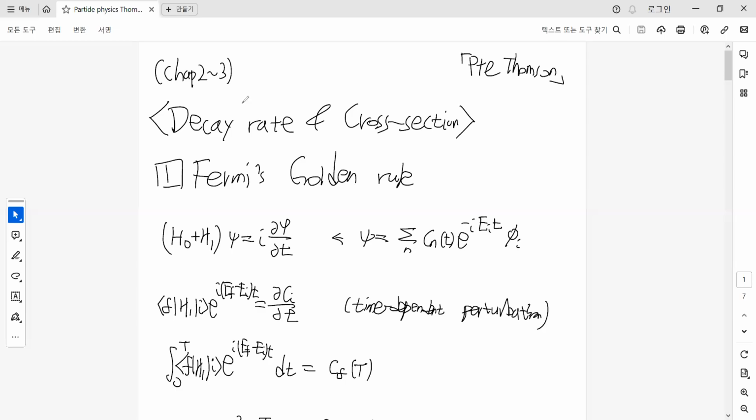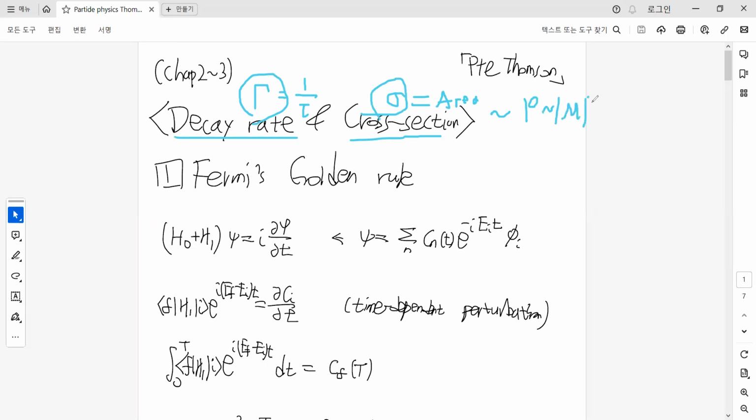Alright, so to talk about the decay rate and the cross sections, very briefly, which are some of the very important parts in particle physics for observing observables: the decay rate, as one of the lifetime, and the cross section as effective area. The key point of the two objects, the decay rate and the cross section, is that they are proportional to the probability, as a square of the S matrix or amplitude, which can be obtained from the Feynman diagram. That's the key point of the slide,